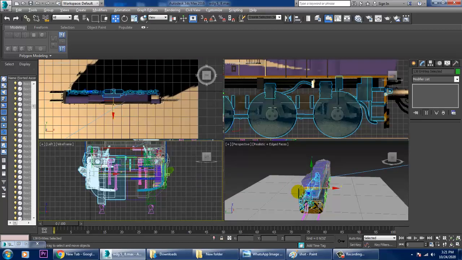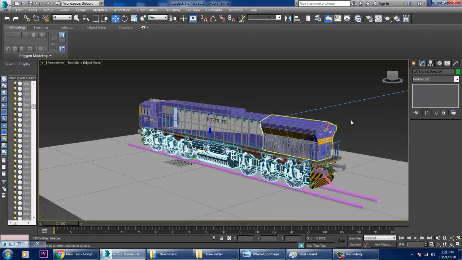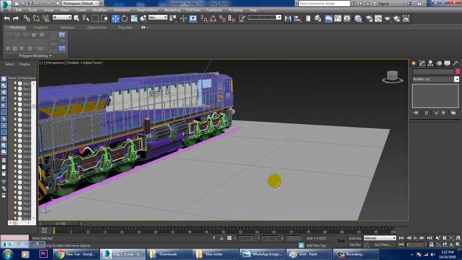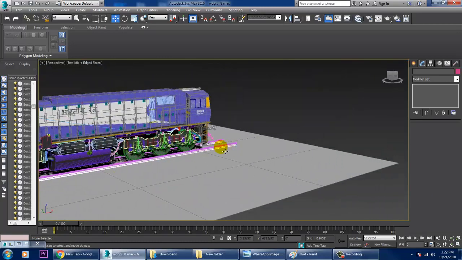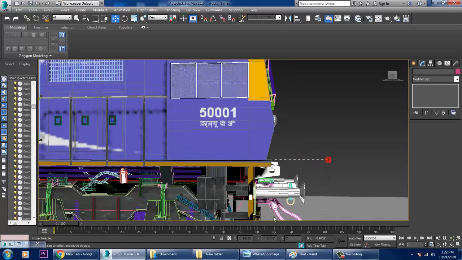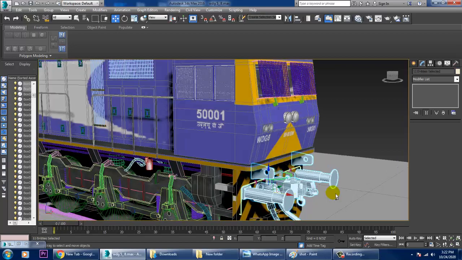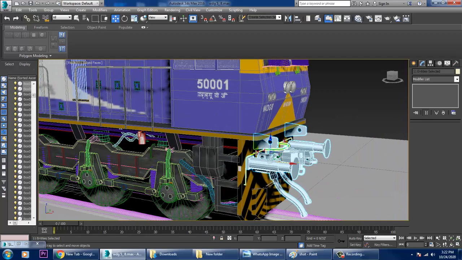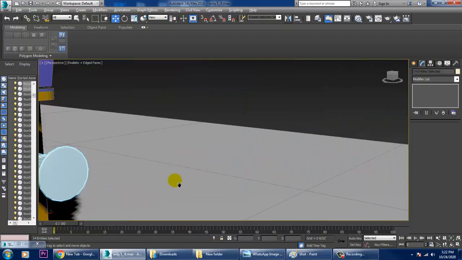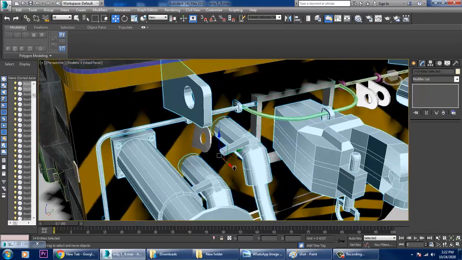Once you're done, as you can see over here, we don't need to texture all these elements again. Let me tell you this. The things which are already done, on the other hand, we'll be selecting this whole, select this all, each and everything.